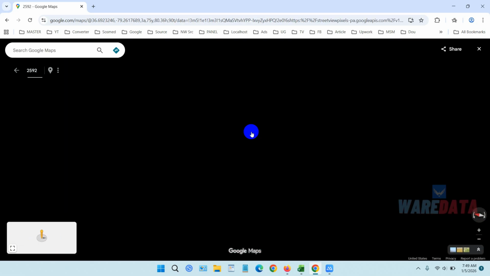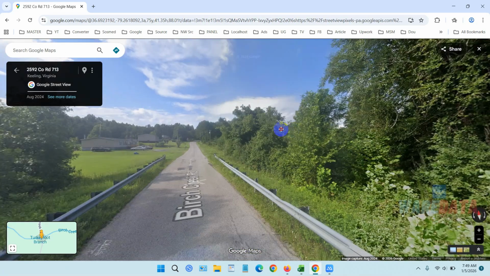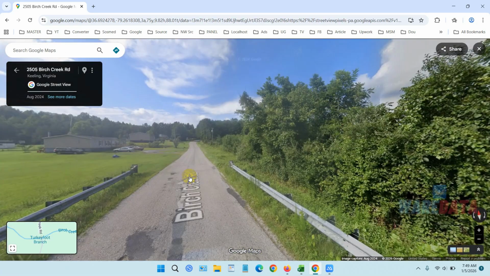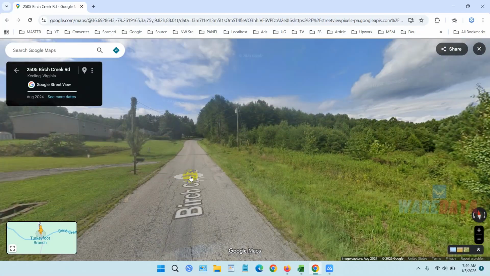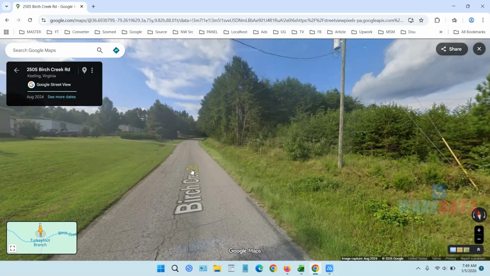Just click here, for example. You can see, now you can do street view the easy way on the PC. And that's all for the tutorial on how to do street view on Google Maps using a smartphone or Android, or using a PC or